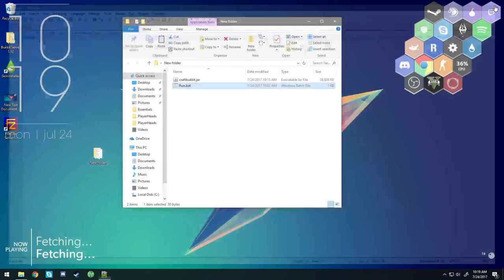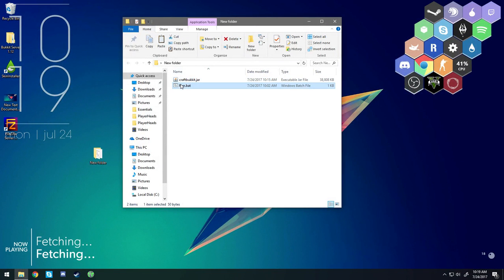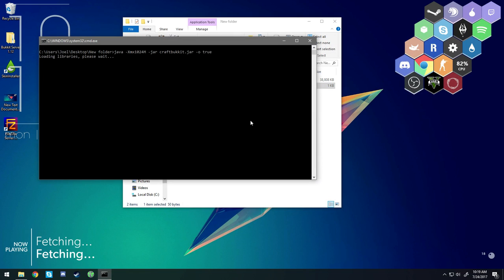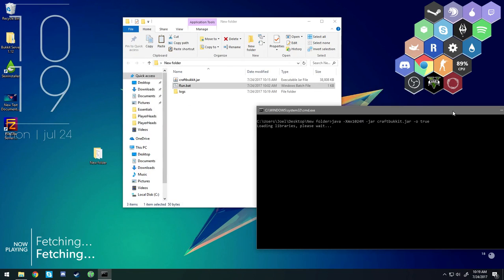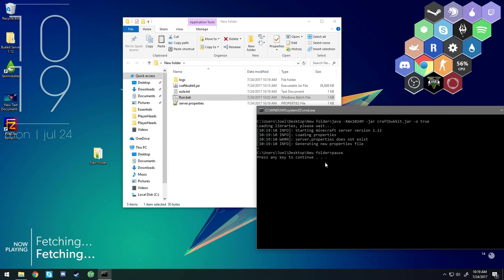I'll show you when I have not accepted the EULA. Alright, so it's about to say, no boy, you did not accept said EULA. You're about to see it in just a moment here. Right here, it'll say, new folder, pause. That's basically its crash thing, is pause. And then it says, press any key to continue. And it says all this doesn't exist, and